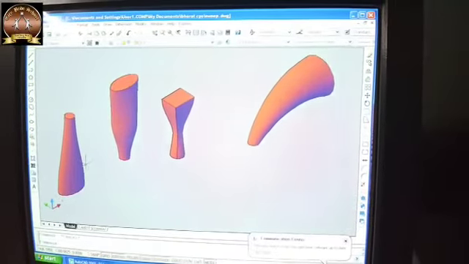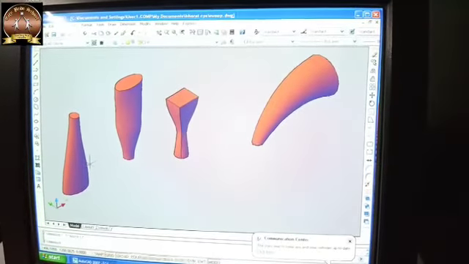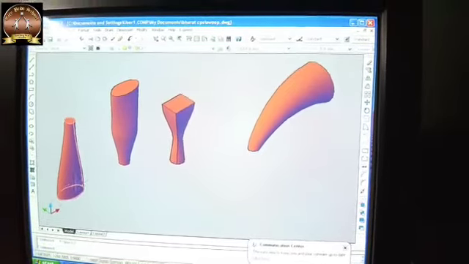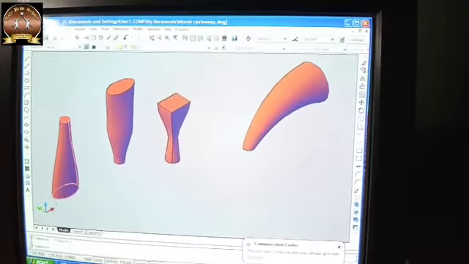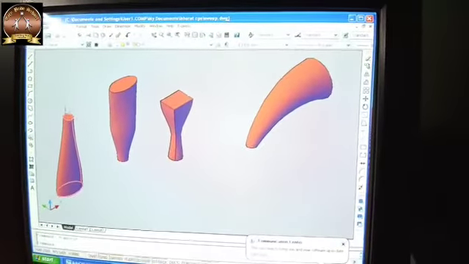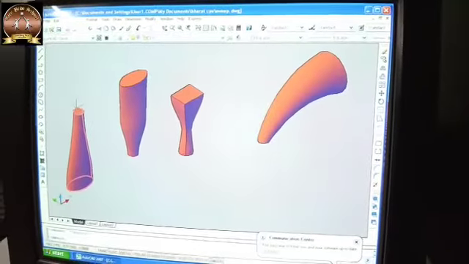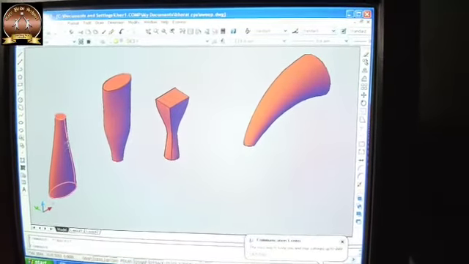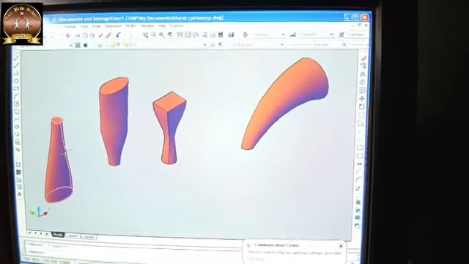In this command, what happens? You have to take different cross sections. If you see this figure, at the bottom I have taken the ellipse and at top I have taken the circle. So these circle and ellipse are joined with this path. Just like that.